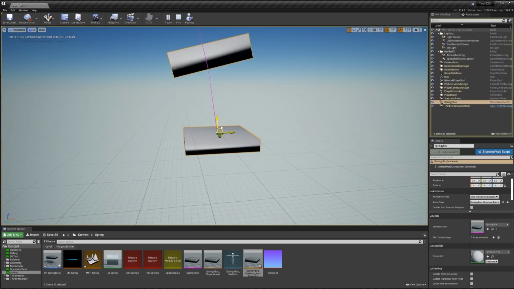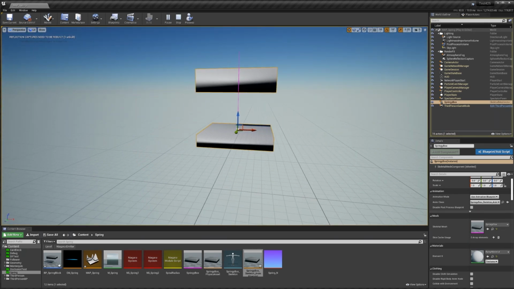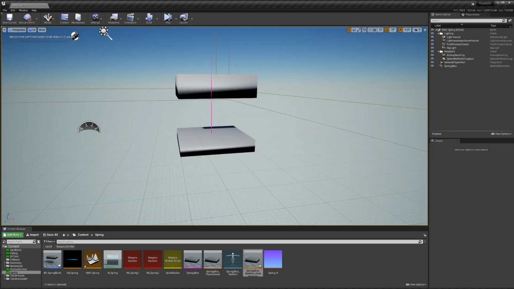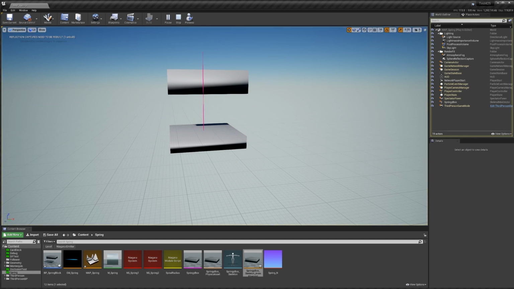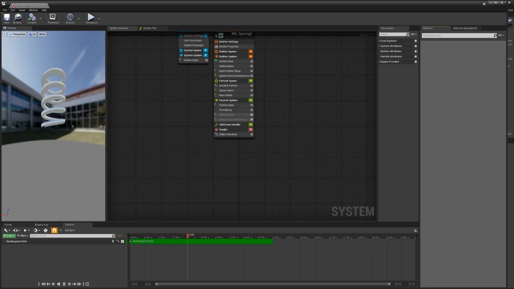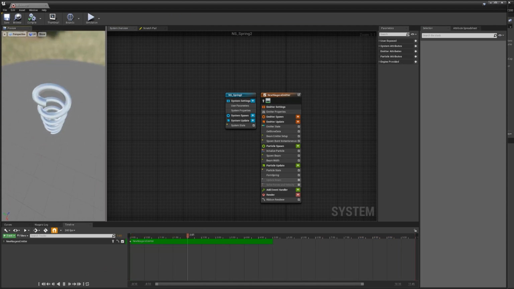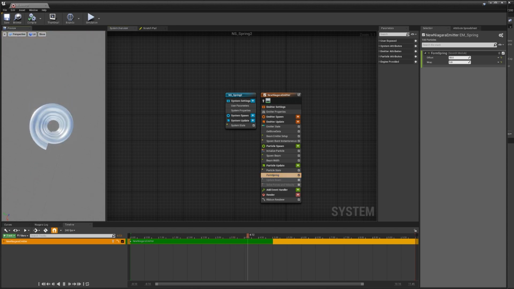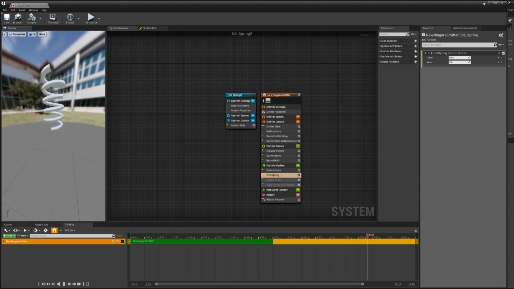Excellent naming conventions there. And that gives me this kind of motion. And this looks kind of nice, but I've got a bit of a Rayman effect here where the two parts are disconnected. And Niagara comes in really handy here by creating an illusion between these two points. So I've made a system, and all it is is a very simple ribbon that I'm adjusting the position of, so it wraps around two points rather than going from one point straight to another.